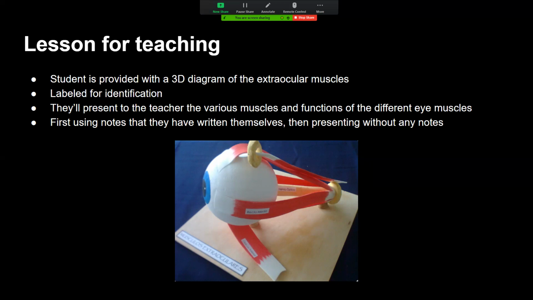Number two, they could be presented with a tactile 3D model of it, like a puzzle. With the puzzle, they can do the same thing with the aid of a teacher or without. They can just label them or put this together. And once they're finished, they can show the complete project to the teacher.